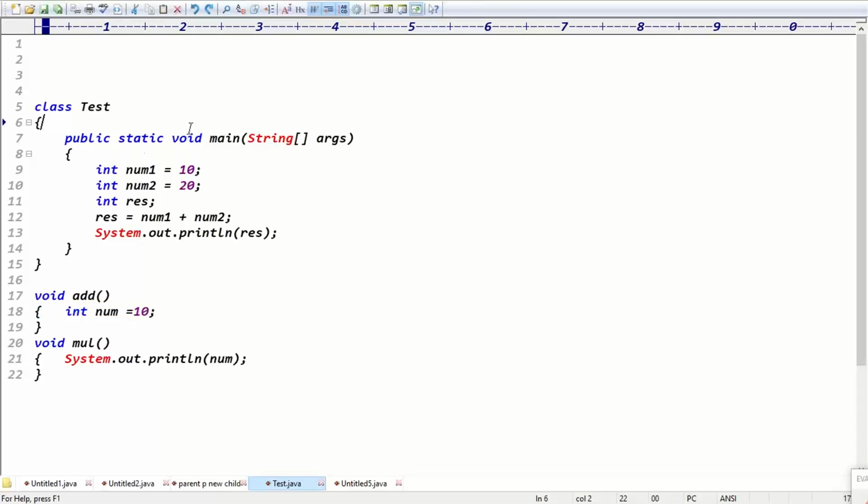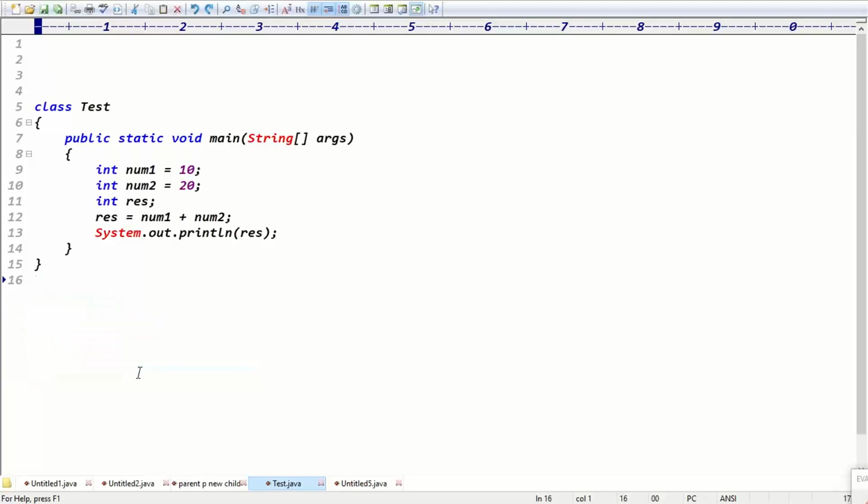When the method starts, variable memory is allocated. When the method is completed, these variables are destroyed. That's the reason this variable's scope is only within the method. The third point: memory is allocated when a method, constructor or block starts, and destroyed when the method, constructor or block is completed.